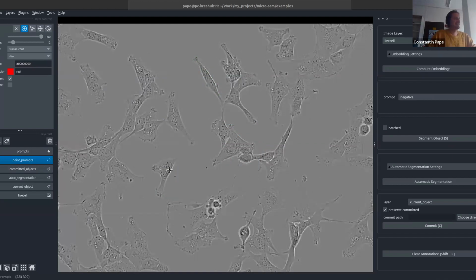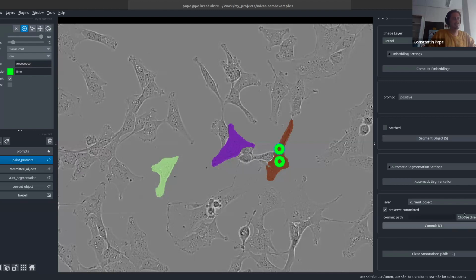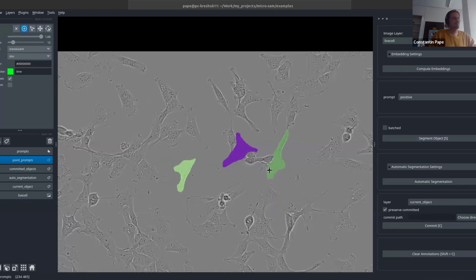Now, this is done again, right? And so now we can do the same right here. Again, for an easy case, we see that it's the same as before. But now if we go to our more difficult case here, we see if we just put a single point, it doesn't actually get the full cell. If we put another point, we see that it now finds the full cell here. And I can also do it for this case here. Oh, sorry, wrong button. Segment this, and see that it does a fairly decent job, much better than the default model in